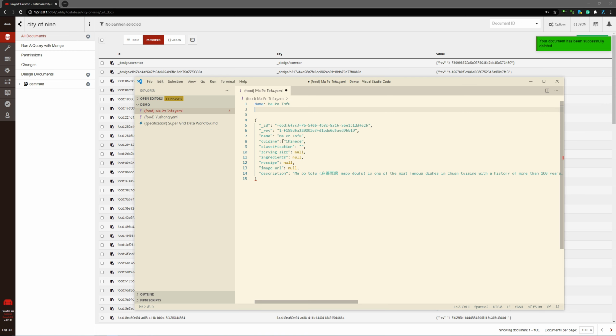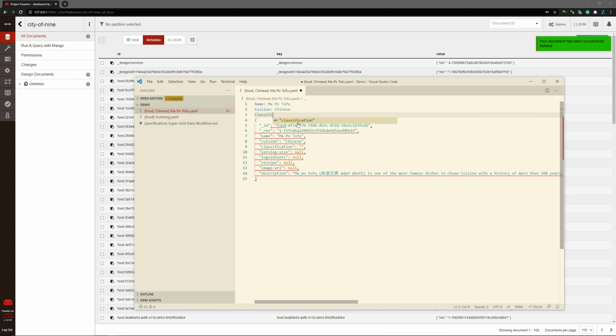And then we have the cuisine. That's the Chinese, talking about which I would like to promote this particular value as a tag as well. This choice is very personal or very conventional, so it totally depends on your post-processing pipeline. In my case, I would like to be able to search or categorize this particular data item under the cuisine type. And we have the classification,